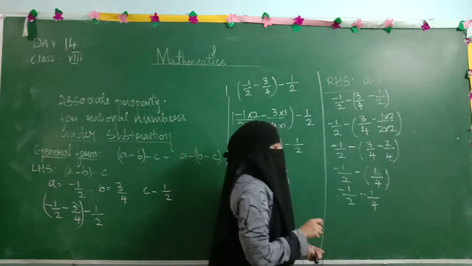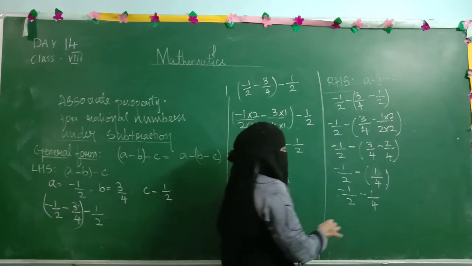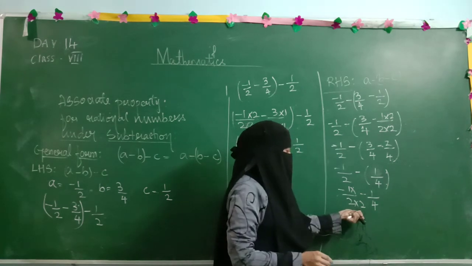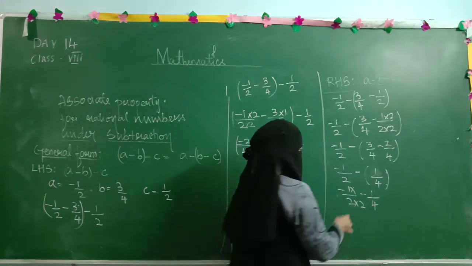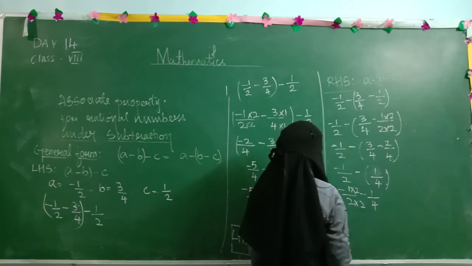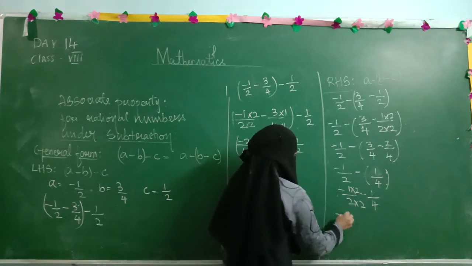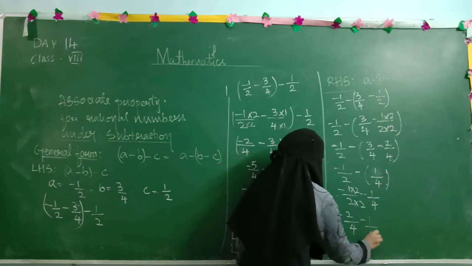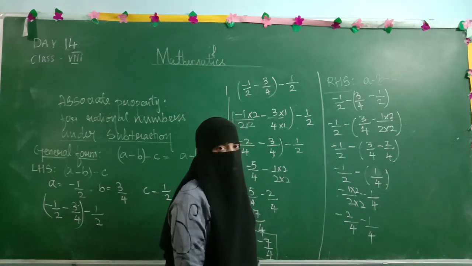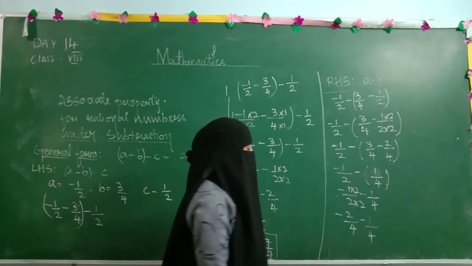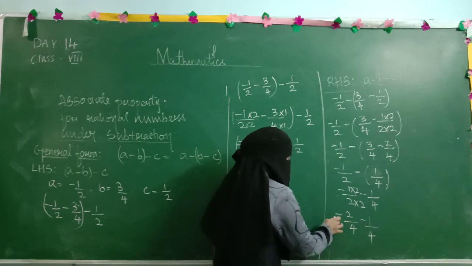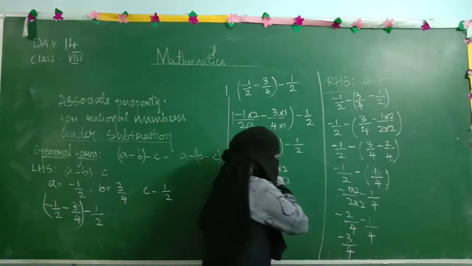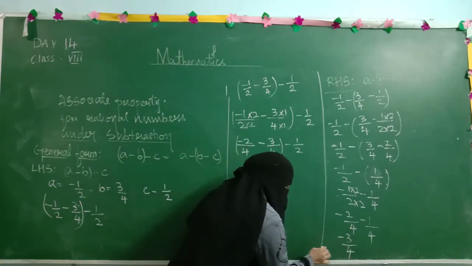Now here we need to make the denominators again the same. So 2 into 2, whatever the number you are multiplying in the denominator, the same you have to multiply in the numerator as well. So into 2, here no need, so minus sign, 1 into 2 is 2, 2 into 2 is 4, then minus 1 by 4. Both the numbers are having the same sign, it means we need to go for the addition. So both are having minus sign, so minus 2 minus 1, it is minus 3 by 4. Fine. What is this minus 3 by 4? Very good.